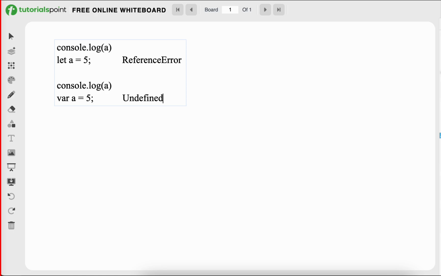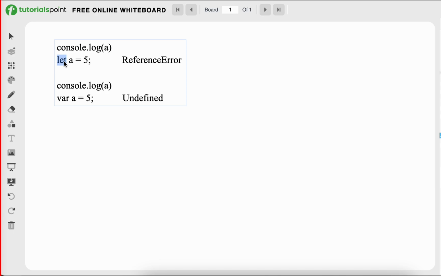I will consider let. Basically the let keyword is used to declare the variable a. Variables declared with let or const are hoisted to the top of their scope, but they are not initialized at the time of hoisting.